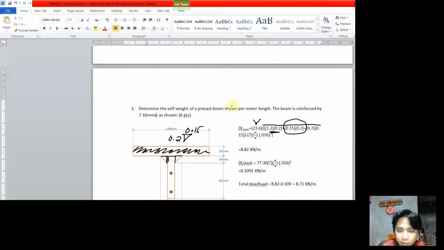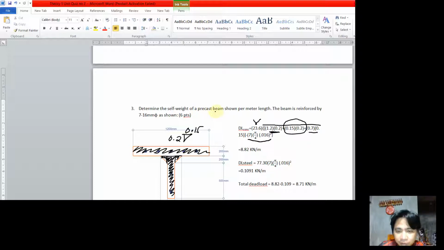1/2 times 2 will just be equal to 1. That is why we have 0.15 by 0.2 here. And then finally we have this one, here, 0.7 by 0.15. Okay, so those are the areas for the concrete, and then we're gonna subtract here the 7 areas of 16